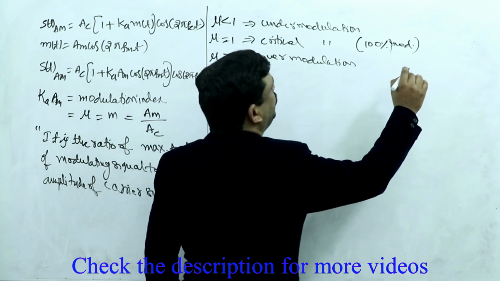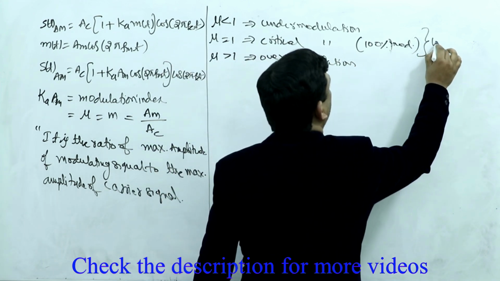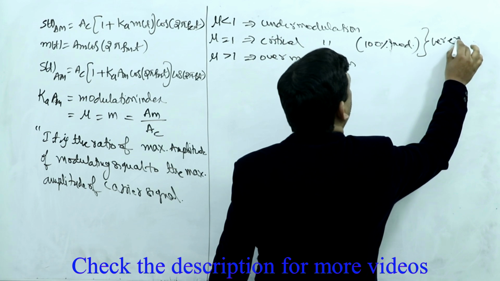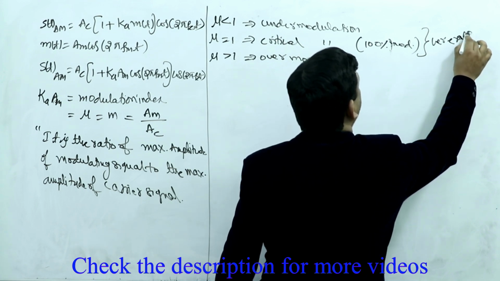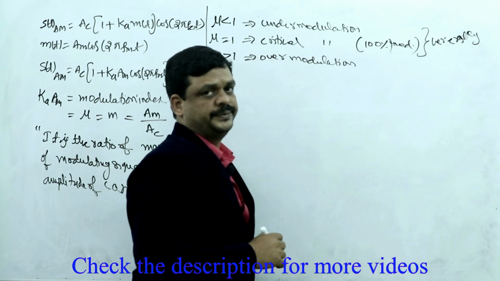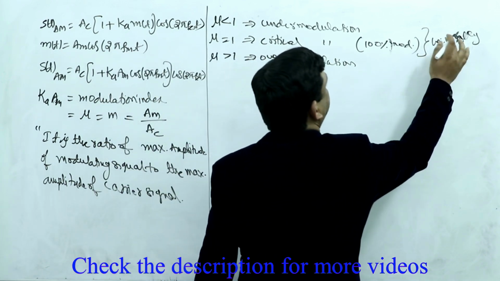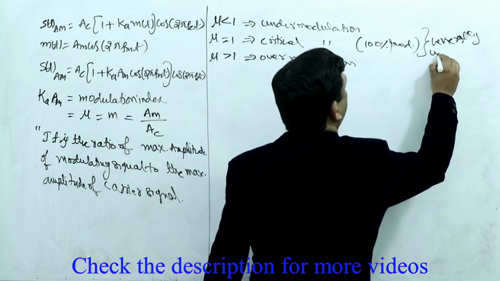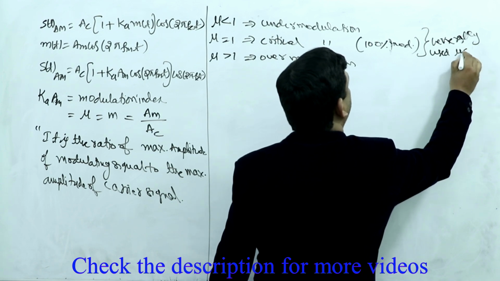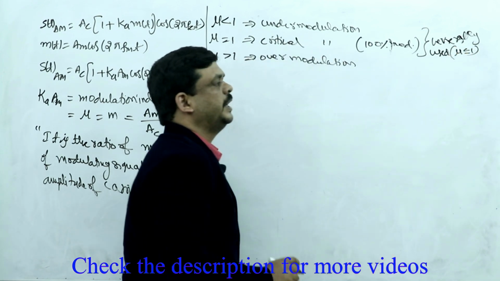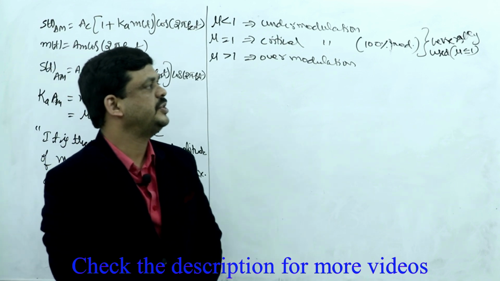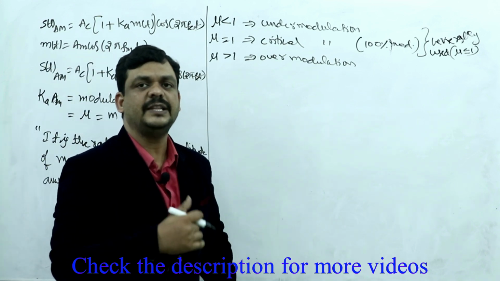In amplitude modulation, generally the preferable value is mu less than or equal to 1. If it is less than 1, under modulation; equal to 1, critical modulation; greater than 1 is also a possibility,